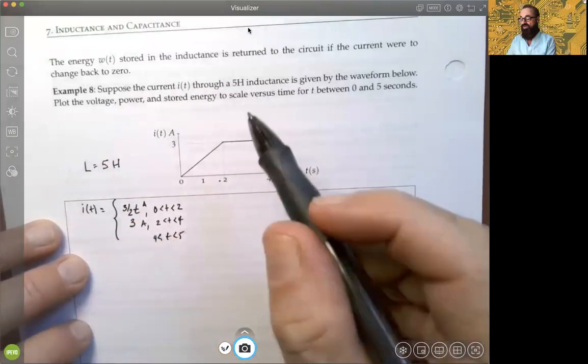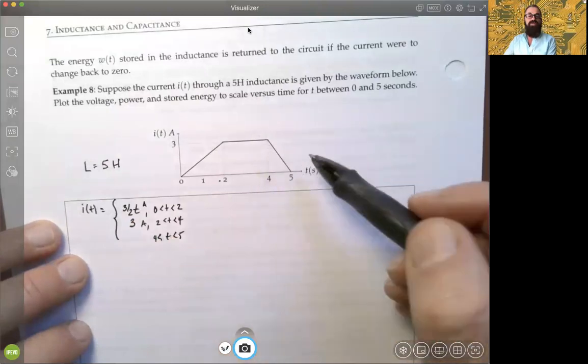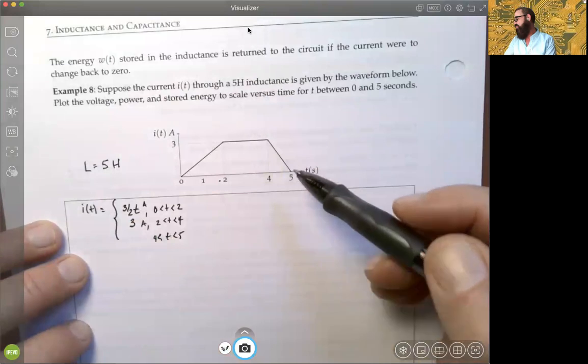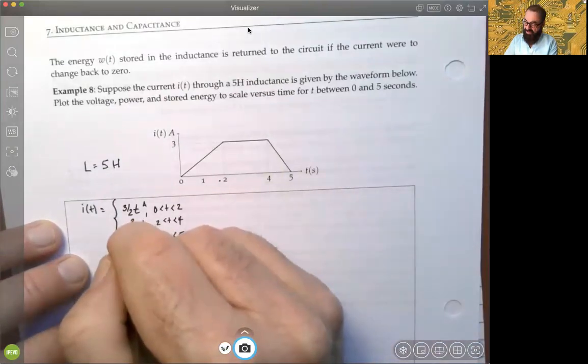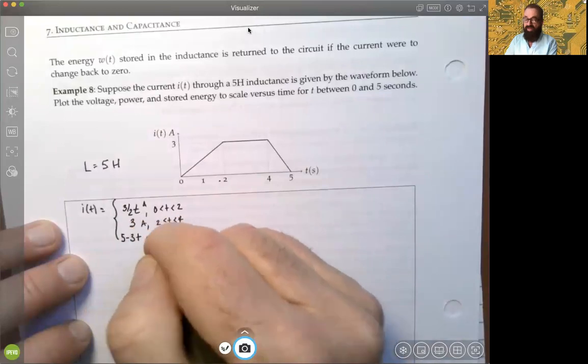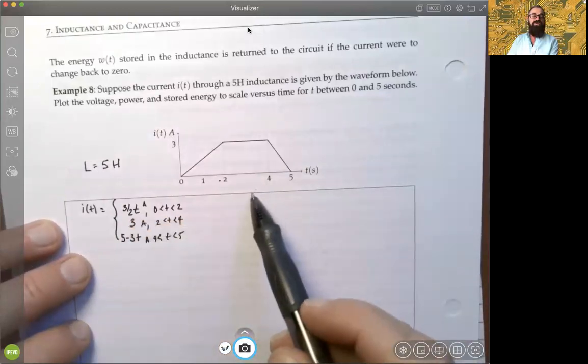We have to be a little careful here. Again, the slope, it drops 3 units, 1 to the right, so the slope is going to be -3. Shouldn't take too long. The function that should work is 5 minus 3t, and that would be amperes. Again, you could check it. When you plug in,